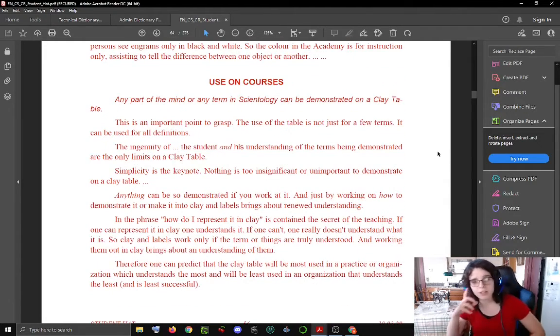Use on courses. Any part of the mind or any term in Scientology can be demonstrated on a clay table, depending on what you mean by